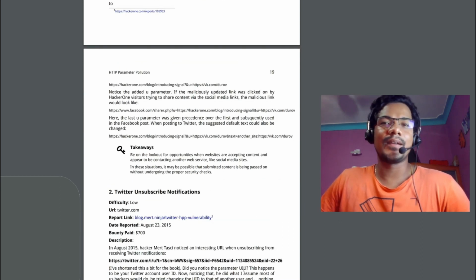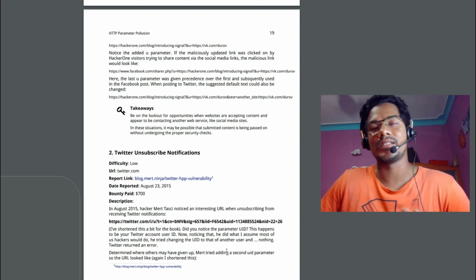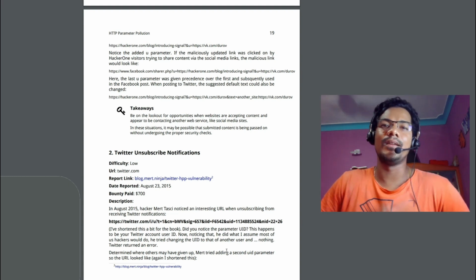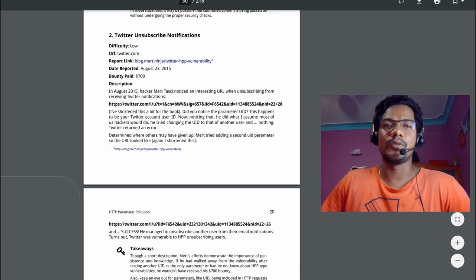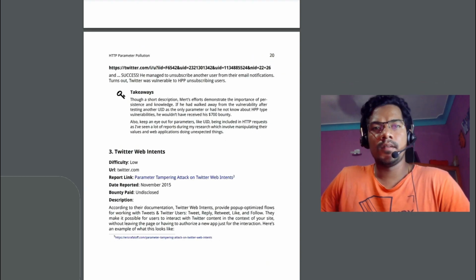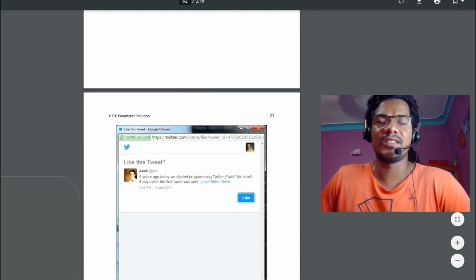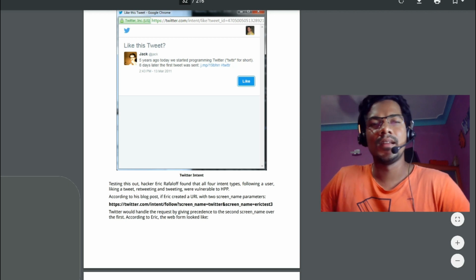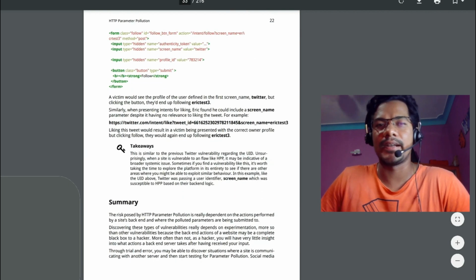So yeah, in parameter pollution, you can see a particular parameter will be repeated twice or maybe thrice, and depending on which value the server picks up, it processes that particular value, right? So you will get a better idea with that. You can go through this theory part majorly. Parameter pollution is really simple to understand, and also to try out. You can go through this public report and you will have a better idea.